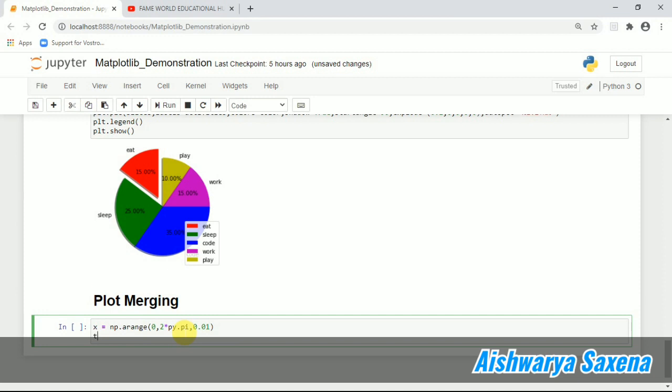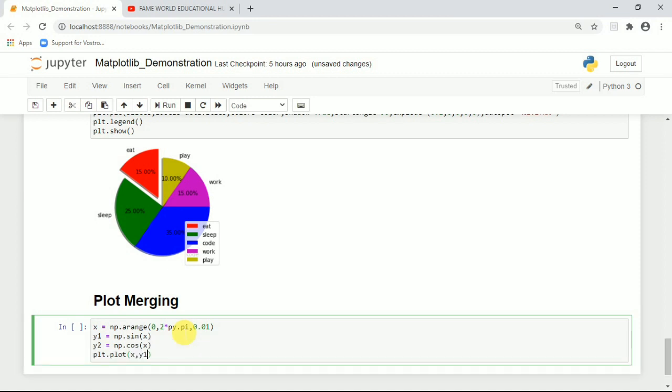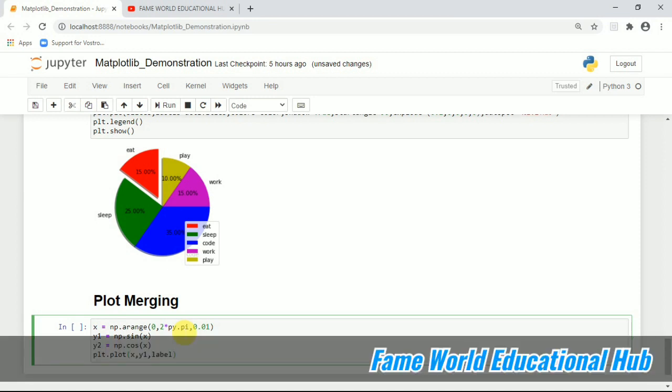After that I'm taking y1 and y2 for the plots, as we want to create the merging. I'm taking np.sin here for y1, and for y2 I'm taking np.cos, and I'm passing the value of x here also. Then plt.plot. This is not basically the subplot, this is the merging, so there is a difference, you will just notice it.